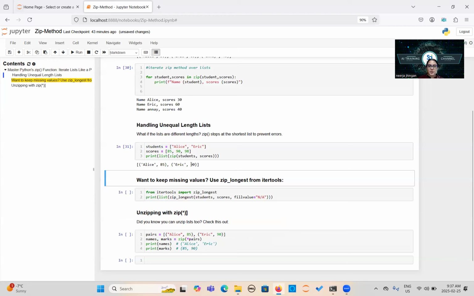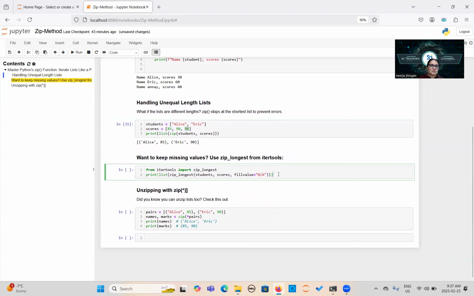Very easy. No error at all, right? It just ignores the third value because it does not have any matching name with it, right? So you don't need any conditional, no for loop. Easy, magic, right? Less code. And then if you want to keep the missing value, use the zip_longest method